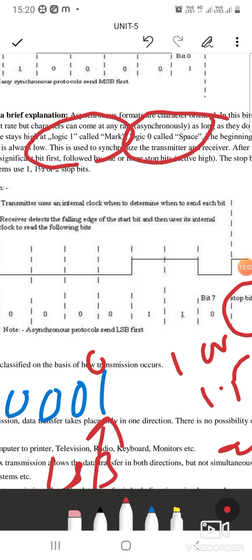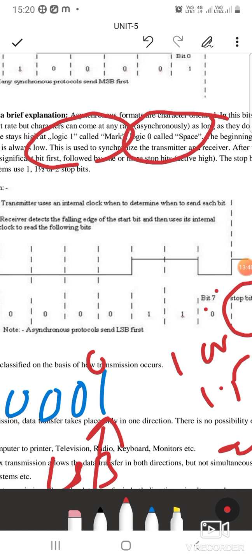Asynchronous communication is most popularly used compared to synchronous communication, because it comes at low cost. No additional hardware is required, as we include the start and stop bits along with the data to be transmitted. But with synchronous communication, you need to use a separate clock, which increases the hardware and thereby the cost of the system.